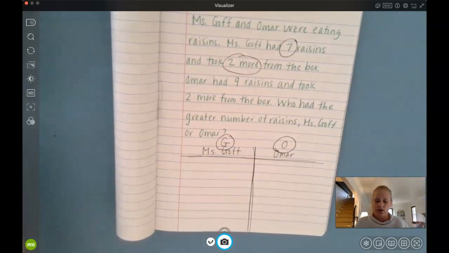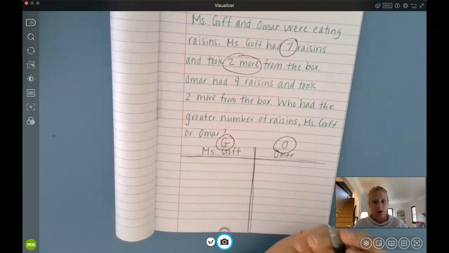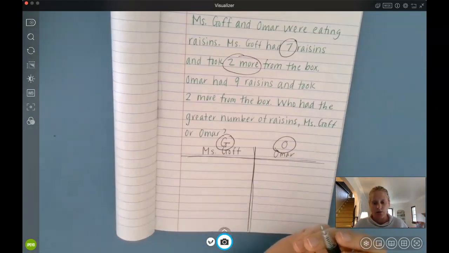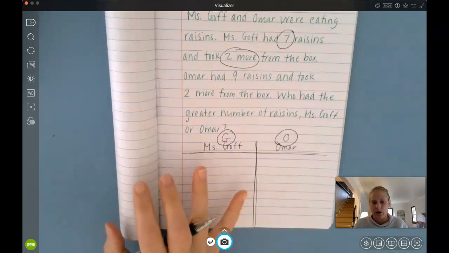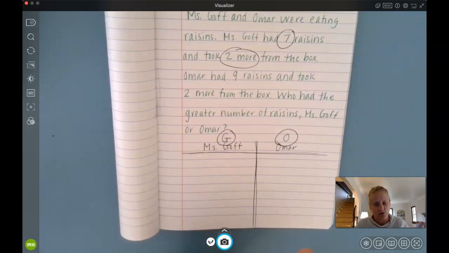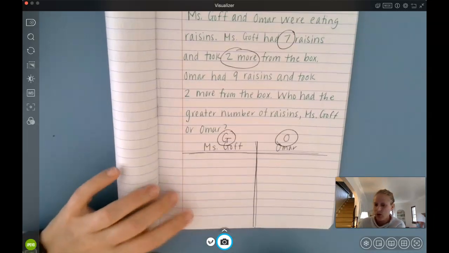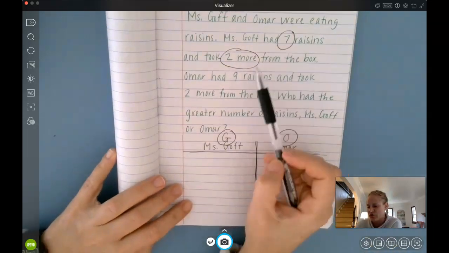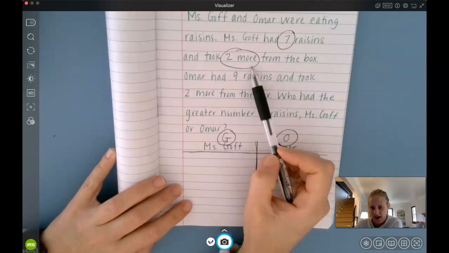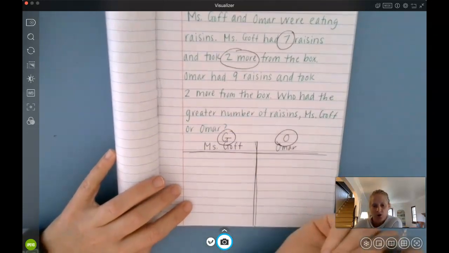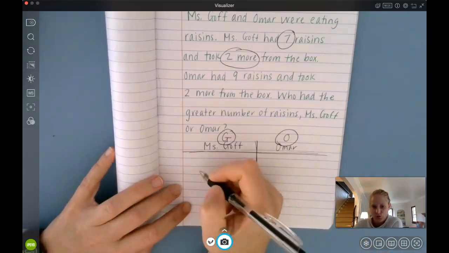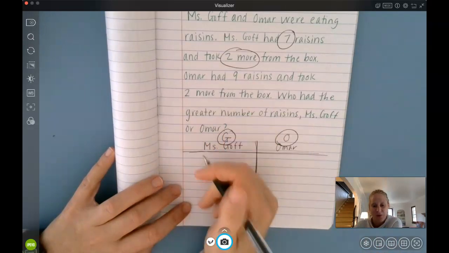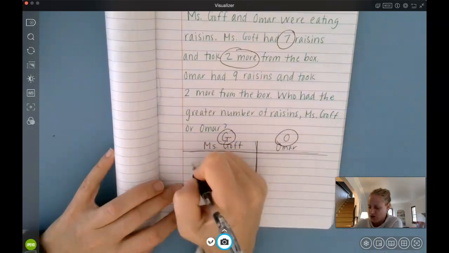Okay, and then what you can do, you did an awesome job today in modeling this using the exemplar that was given in the lesson plan. So you can model using that exemplar, or you could also share out a different strategy if a student used a different strategy, okay? So that would just sound something like this. Okay, friends, good. I saw lots of great strategies for showing how many raisins Miss Goff has. Here's one strategy I saw, and you can name the student who did this. And if a student didn't do this, you can show a different student strategy and then model this one as well. Okay, so watch this strategy, friends.